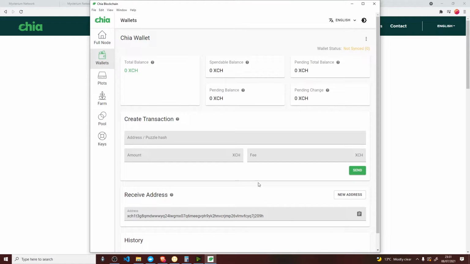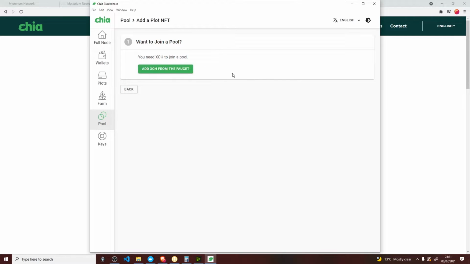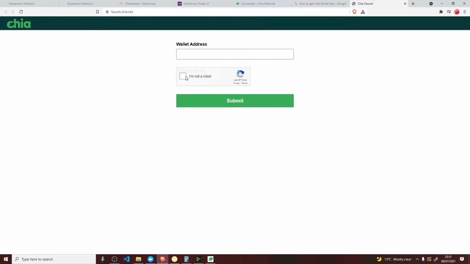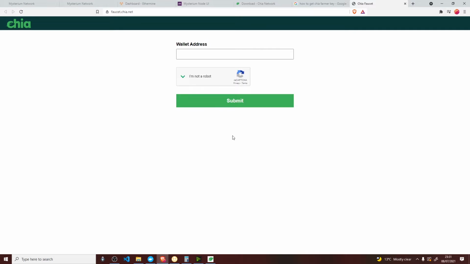What we could do actually is copy the wallet address, go to the pool, join a pool, add. Now you need a little bit of Chia to be able to join a pool, so we might as well get this part of it done.